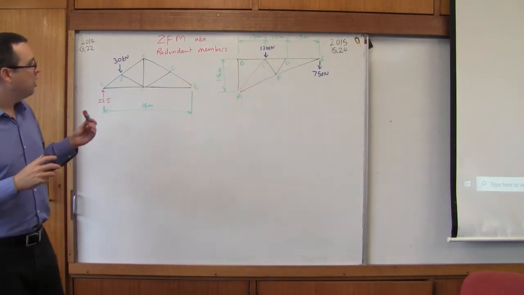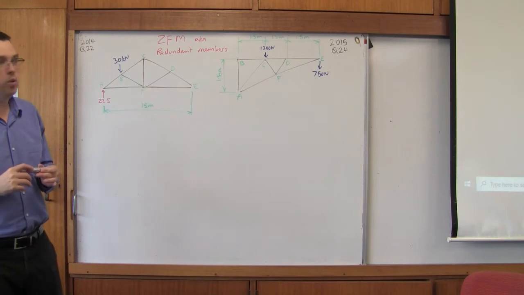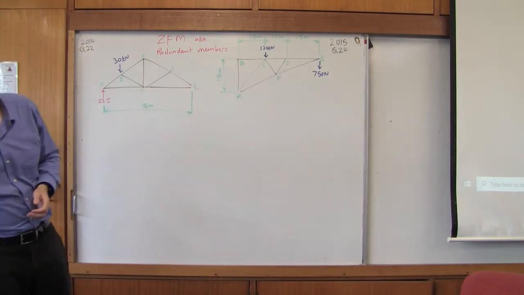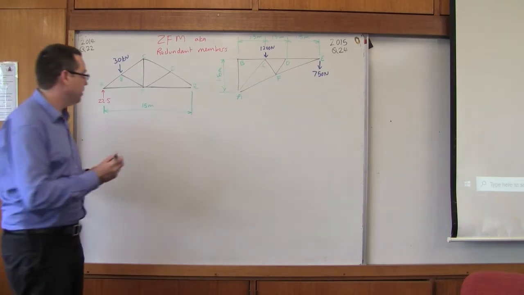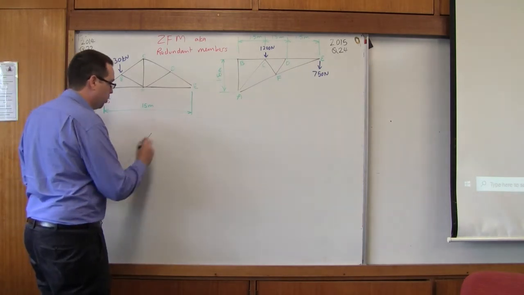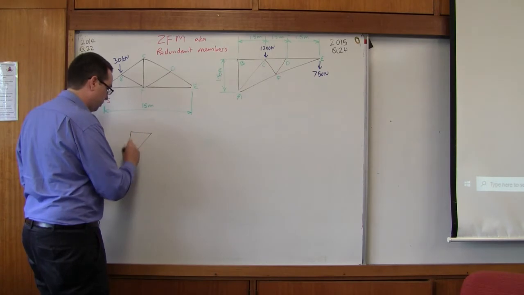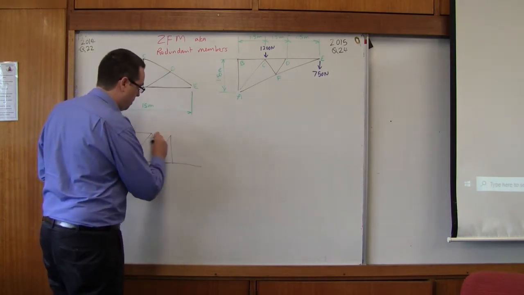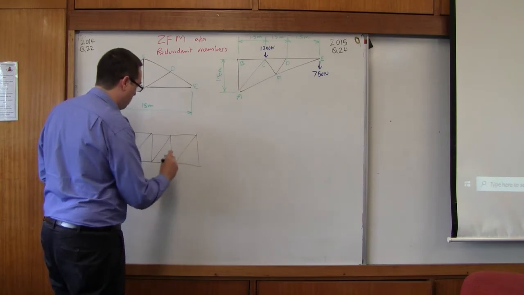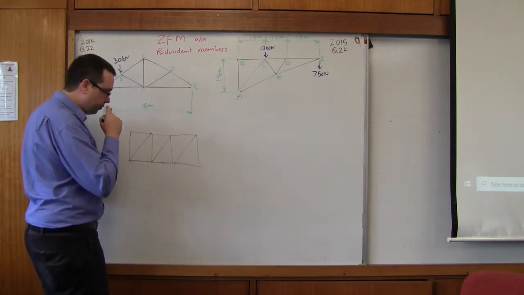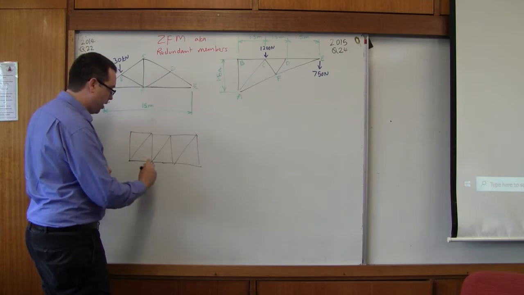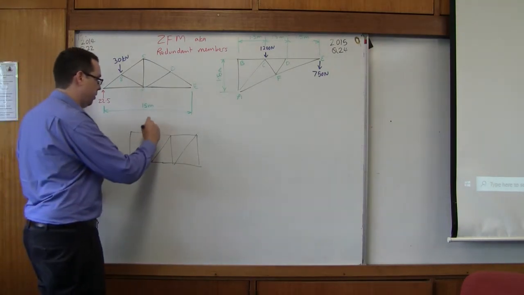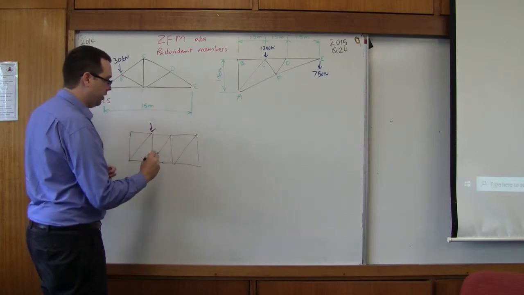So I've got two past HSC questions that both feature zero force members, but there are two main ways that we can see. So the first main way is if we have a truss, actually I'll draw this truss here. Okay, so if I apply a load, an external load here,